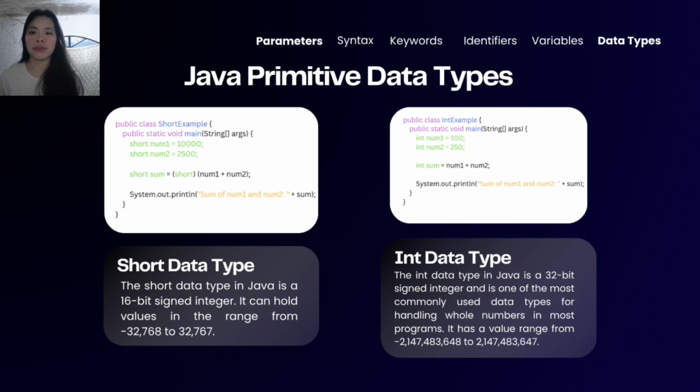short variable named sum. The int data type in Java is a 32-bit signed integer commonly used to store whole numbers. It is the default data type for integer values in most Java programs. In the example above, two int variables num1 and num2 are added, and the result is also stored in another